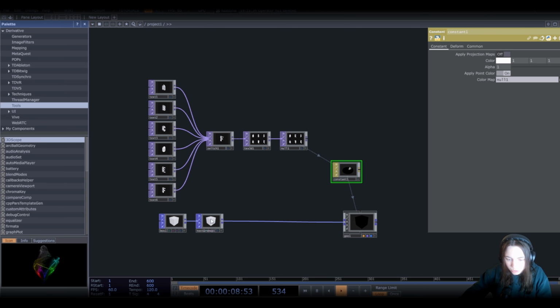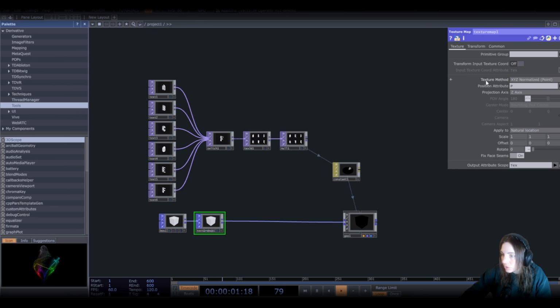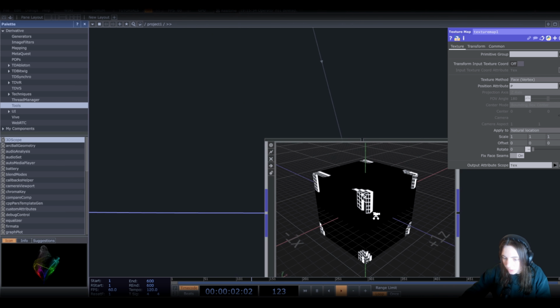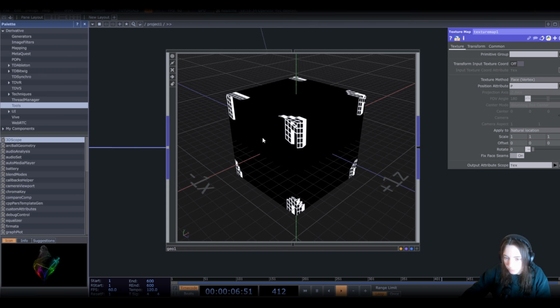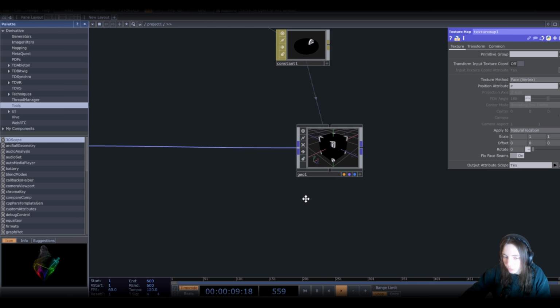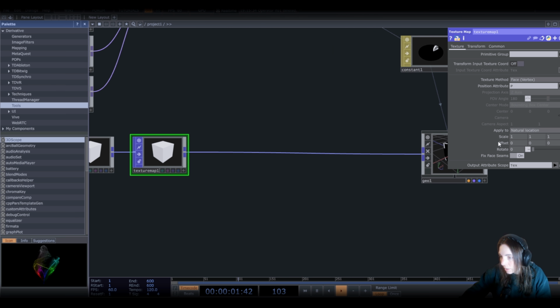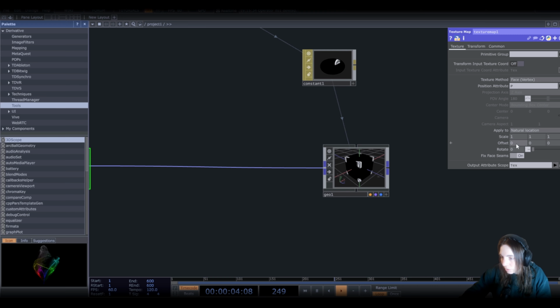If we go back into the texture map, we will change the texture method to vertex, so we will use the faces of the cube. Now we see that some letters appear, but we have to center them in the middle. In the texture map you have some scale and offset. You have to change the first offset to 0.5, and then the second offset, offset y, to 0.52. And now you have